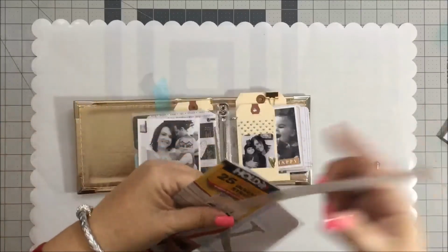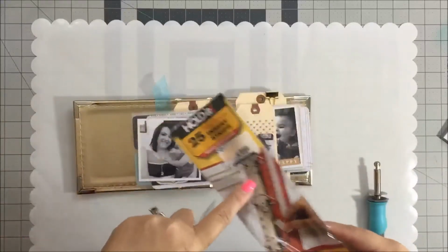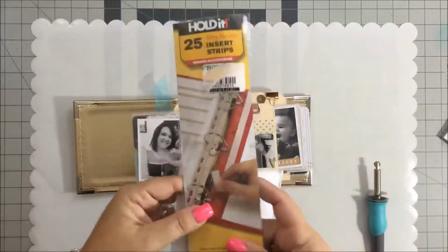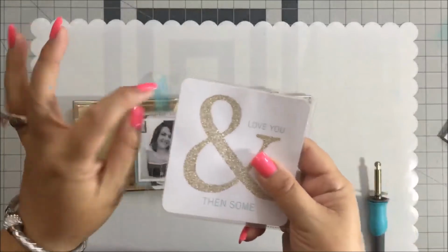into a binder. And so what I did is I had a bunch of these because, like I said, I do a lot of inserts for Project Life, and I use them to insert programs or whatever right into a binder. It's got that strip you pull off as adhesive, and you just adhere it to the piece that you want to add. And so I did that on this one, and so now I've got my holes